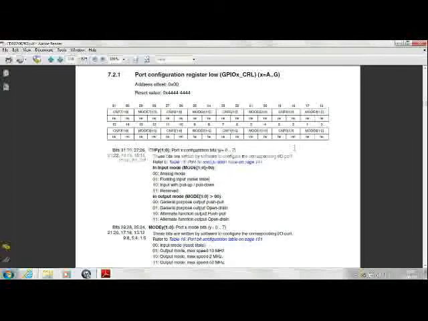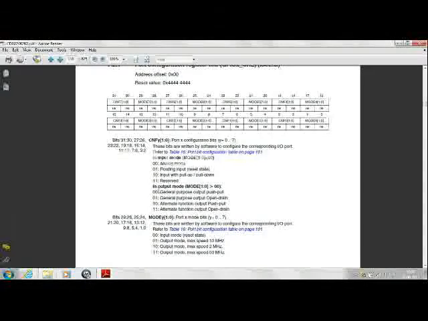can take a value of 00 for an analog mode, 01 for a floating input, 10 for an input pull up and pull down option, and 11 is reserved for further implementation. For any value of mode bits greater than 00, the configuration bits when programmed as 00 will act as general purpose output push pull. 01 will make them general purpose output open drain, and for alternate functions you have 10 and 11.